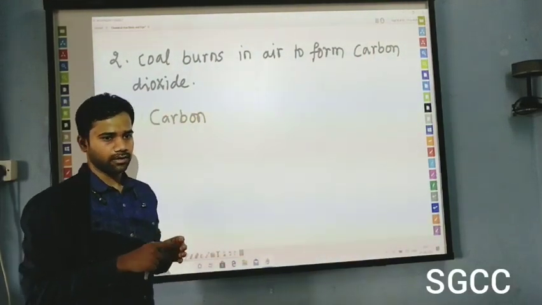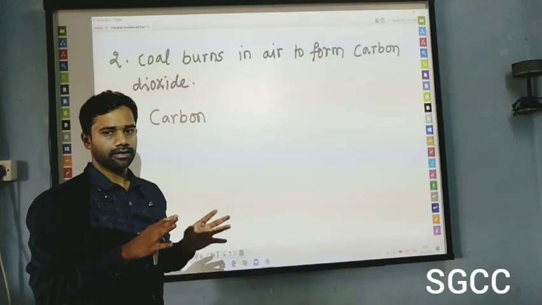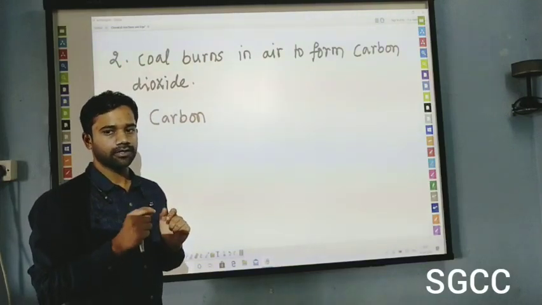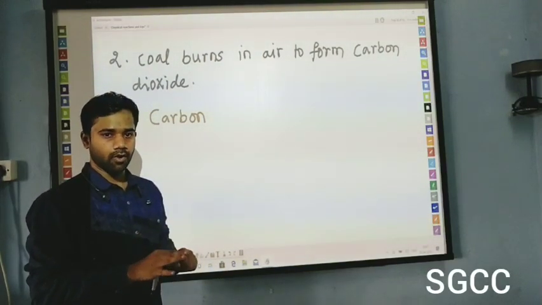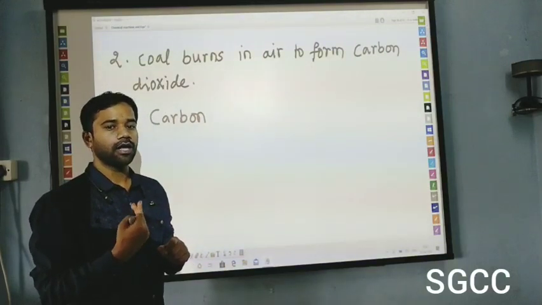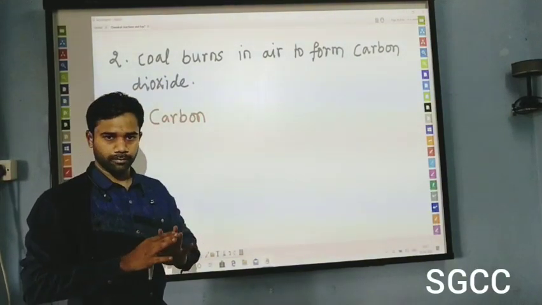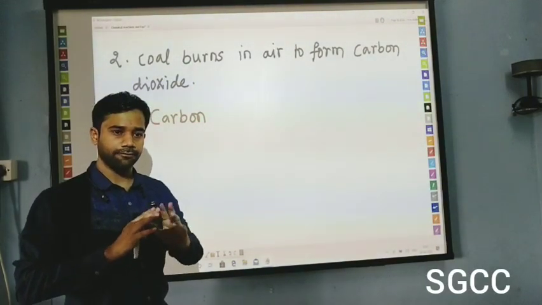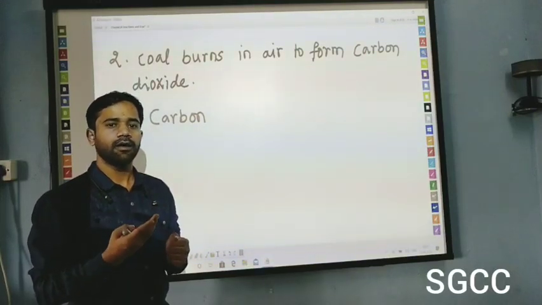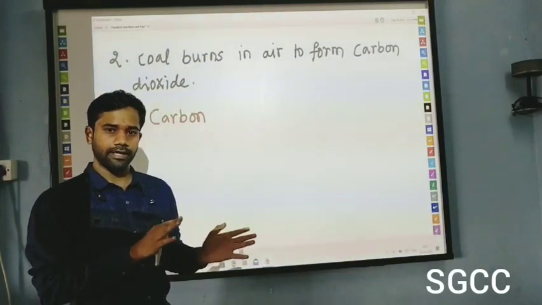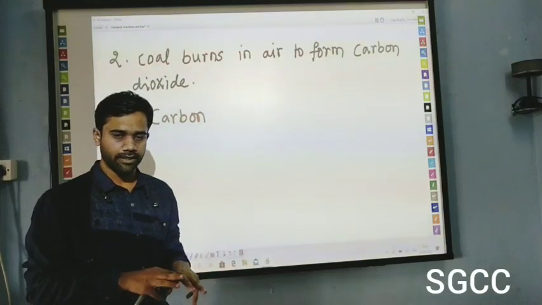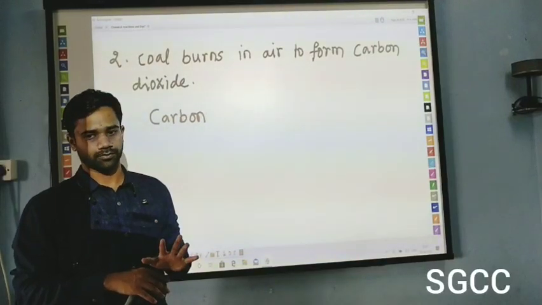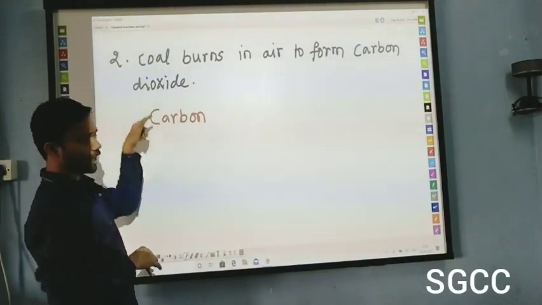If written as diamond, charcoal, coal, whatsoever, they are called the elemental form. The elemental symbol is only carbon. Why is it so? Because it has a specific property called allotropy. Allotropy means any single element having the same chemical composition but different physical orientation or physical properties. The elements which exhibit this are known as allotropes. Got it? Coal is an allotrope of carbon.